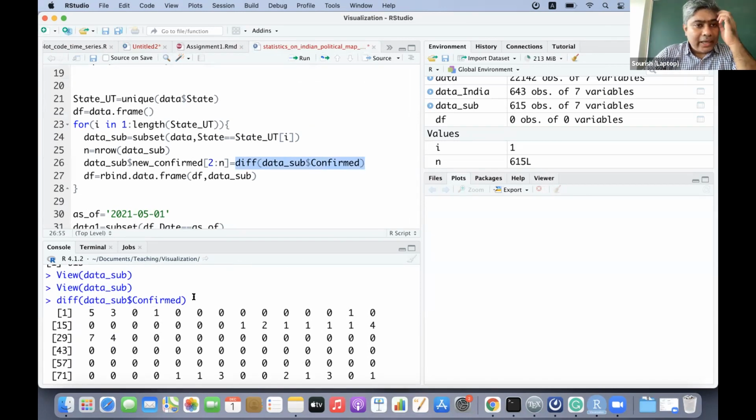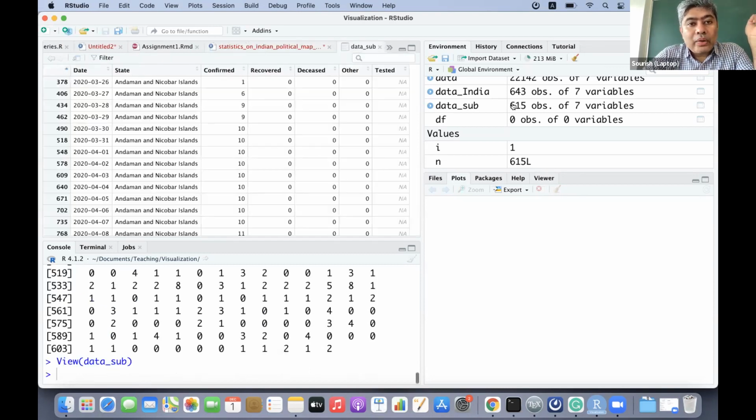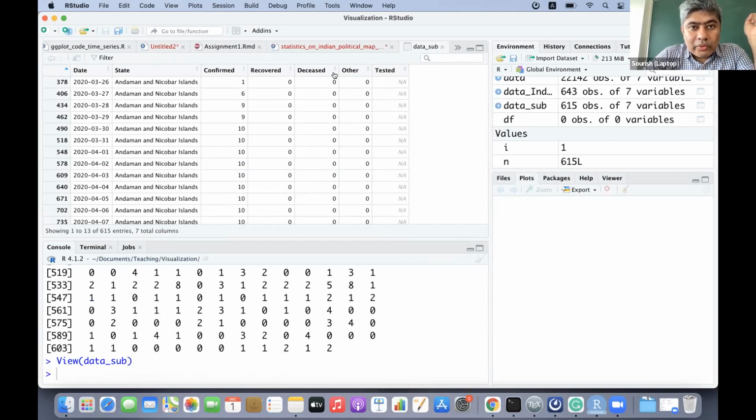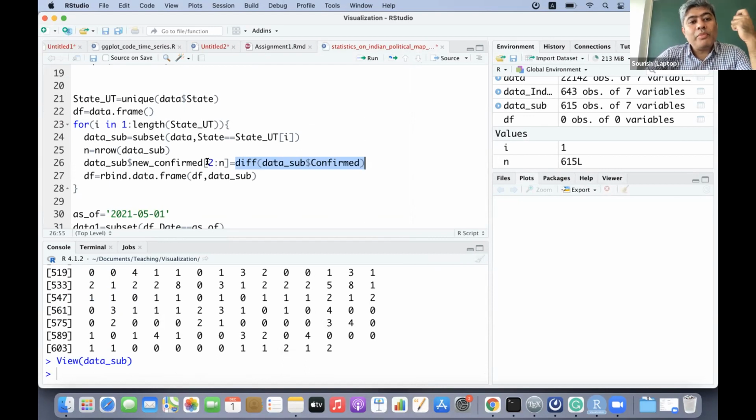Now what is happening is there will be the first day, I'll not be able to calculate anything. So when I will create this third, 1 2 3 4 5 6th column, this row will have a NA. I have to handle it. So I have to say you keep it from 2 to nth row. That is what it is going to do.